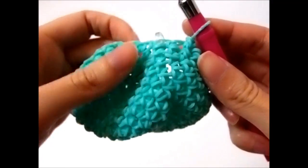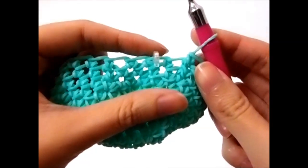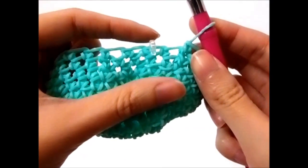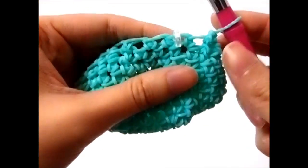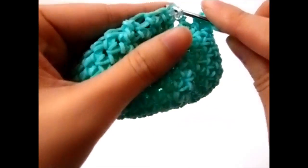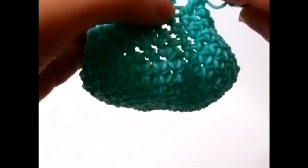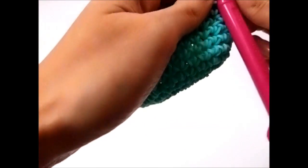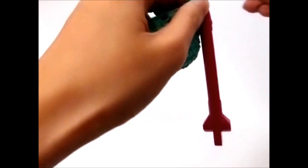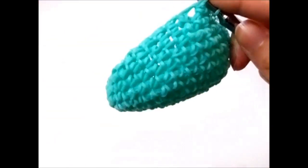Once you've finished your round of 24, you're going to make another round of 18 stitches. To do this, you're going to do a single crochet over the next 2 stitches and a decrease over the next 2 stitches, and you're going to repeat this all the way around. So put this back into your first stitch, single crochet, move your stitch marker, that's 1, into the next stitch,